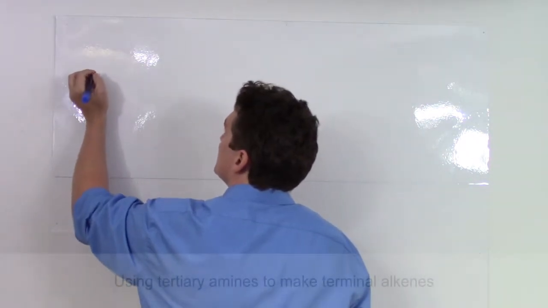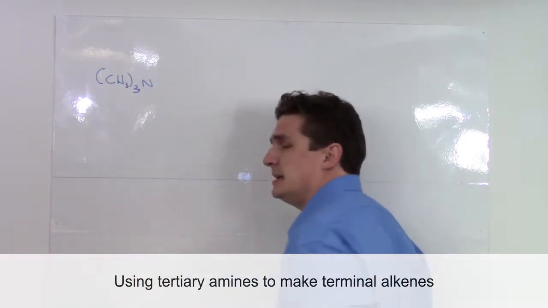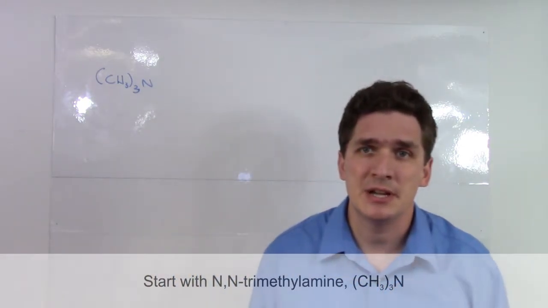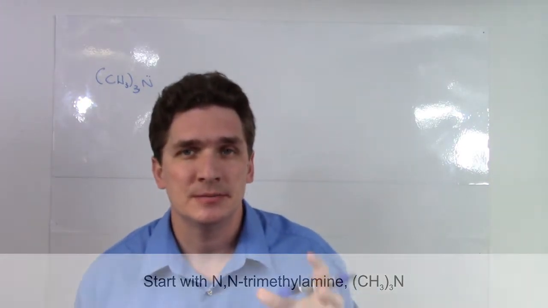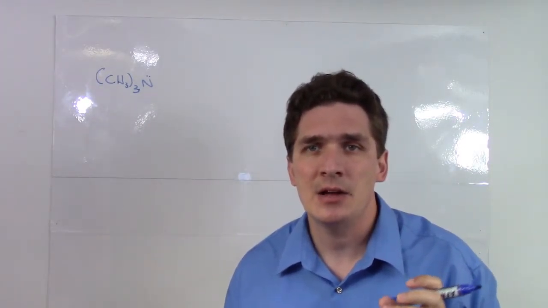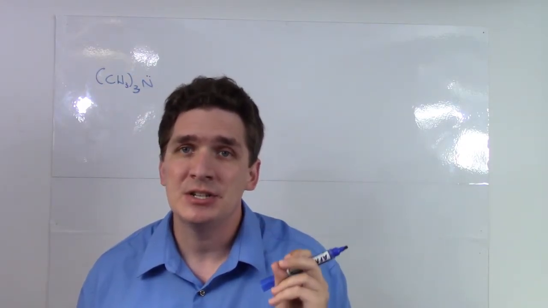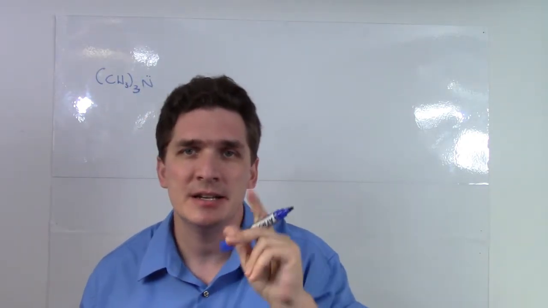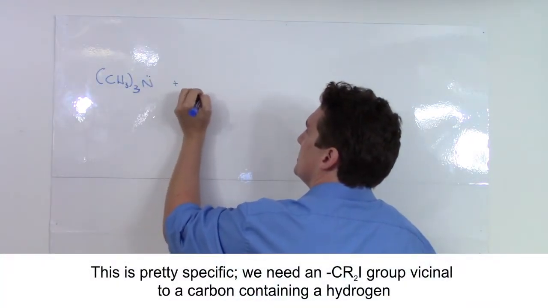So one of the compounds we need is N,N-trimethylamine. So we have 3 CH3 groups attached to the nitrogen. And the reason we need this is we need the lone pair. Now, the other thing we need is an alkyl halide that contains iodine. And there's an additional stipulation that the carbon next to the carbon that contains the iodine needs to contain a hydrogen. So we need something of the form